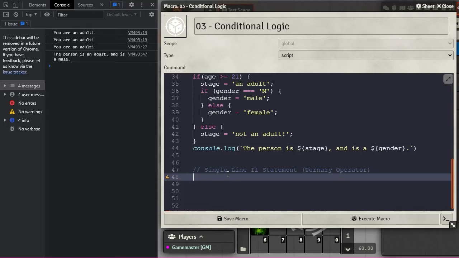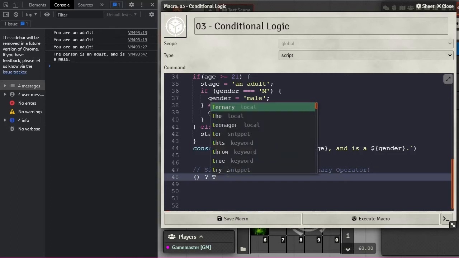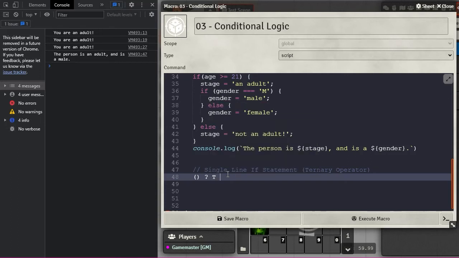So actually, let's do it this way. You don't have the word if generally in a ternary operator if statement. Basically, you have your condition, then you tell it, okay, here's my true and false. If it's true, you will do this first thing, and the separator will be a colon,